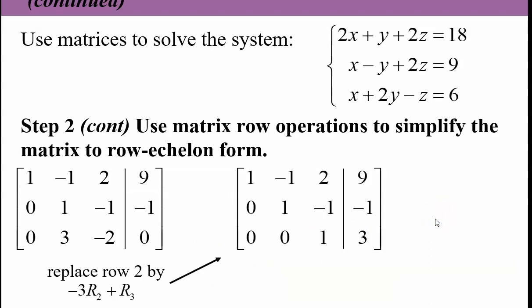Now notice what we have. We have here a 1, underneath it is 0, then to the right of it a 1, and then 2 zeros. So we have our main diagonal with 1s, zeros there. So we have what we call row echelon form. Now the next step is to convert this